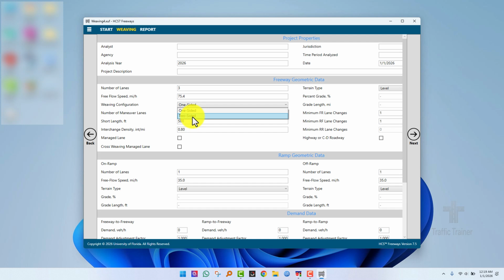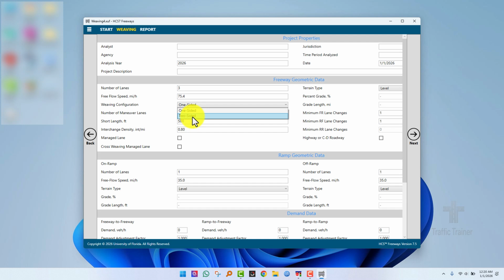One-sided means the cars that are trying to take an exit are maneuvering over one lane. They have to maneuver, find a gap, or overtake or increase the speed to do a maneuver that covers one lane. If they are doing a maneuver that involves overtaking or finding a gap between more than one lane, that is called a two-sided weaving, which is obviously more difficult and more dangerous as compared to the one-sided weaving. It actually depends upon the number of lanes that they have to cross in order to take an exit,